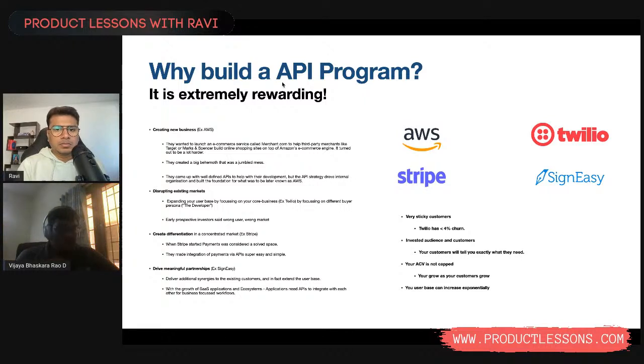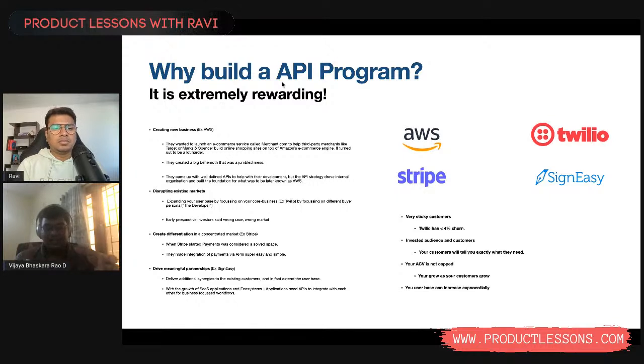The other thing is, you can disrupt existing markets, right? Like sending out an SMS. I don't know if the new generation of PMs have ever faced this, but about 10-12 years back, sending out an SMS was a big problem. You had to talk to the carrier to figure out what protocol they were using, what packet information was, and what encoding you had to set up. Twilio abstracted all of this out and gave you this powerful API where you could just